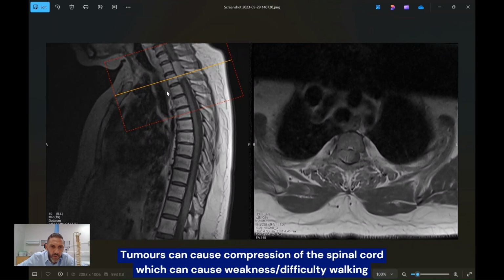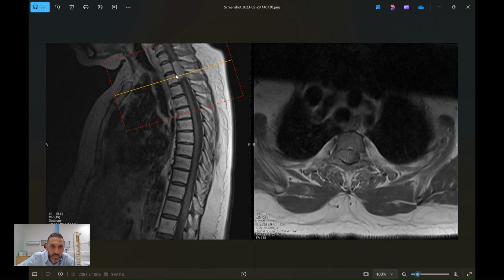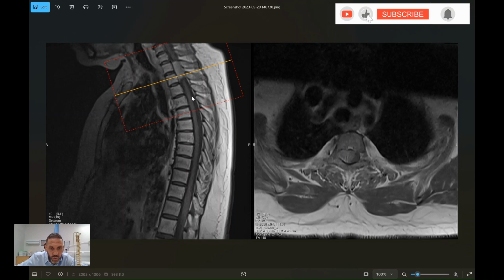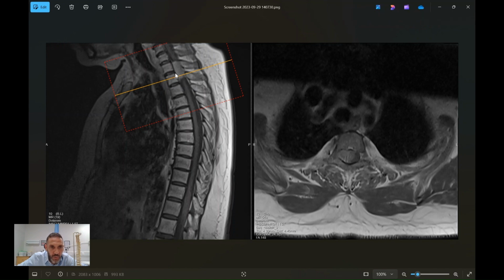So we have an MRI scan of the cervical thoracic spine here. You can see the dark spinal cord here, and there's a mass here arising from the lining of the spine called a meningioma. I've got a video link below to tumours of the spine, and here's a cross section of the spine here, and you can see this taking up most of the cross-sectional area of the spinal canal, and the spinal cord being pushed over to one side. And this patient had progressively weaker legs, difficulty walking, and a little bit of pain just in the lower neck, upper back region. But the main complaint was actually just the weakness without a lot of pain.